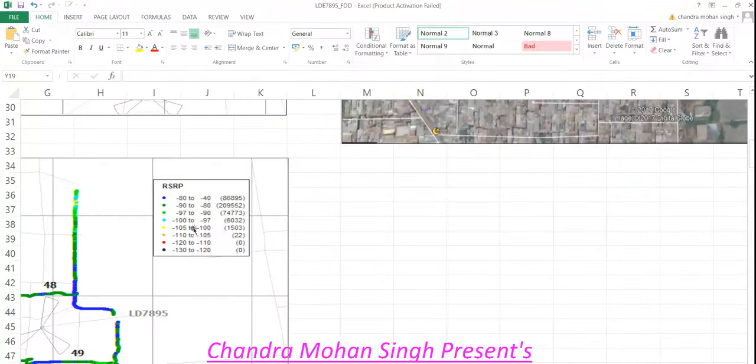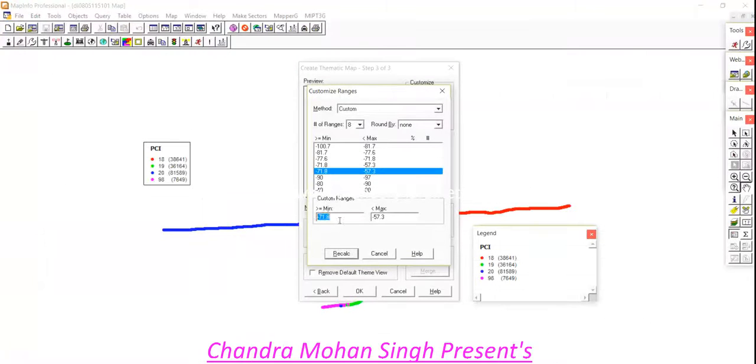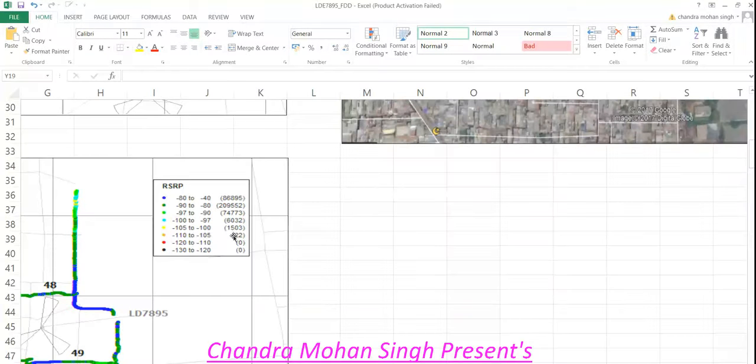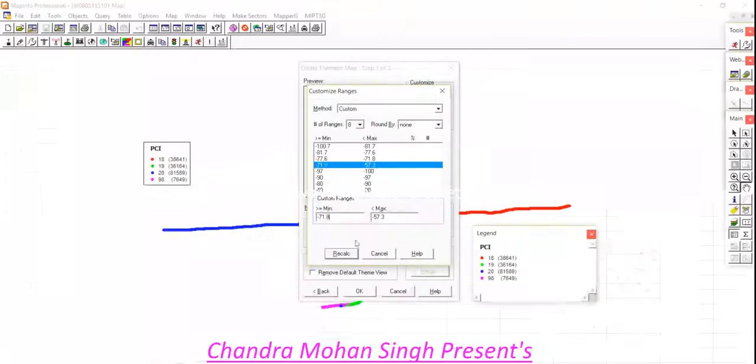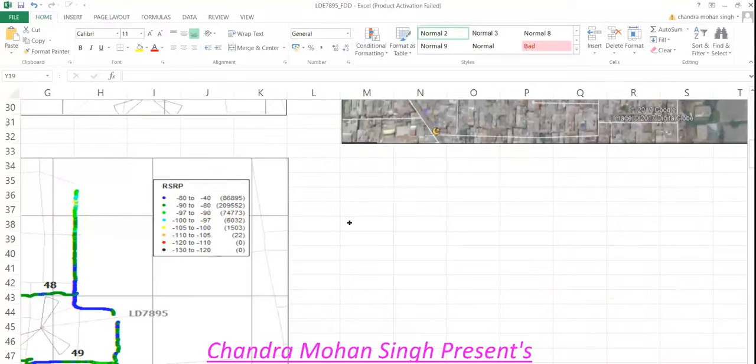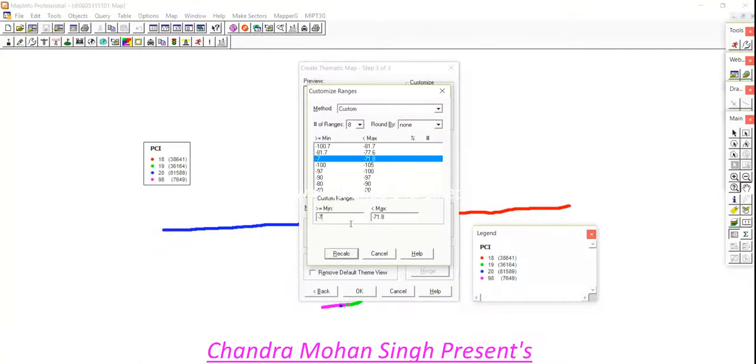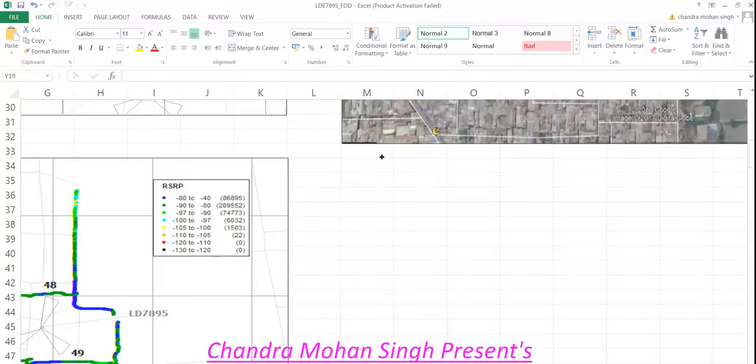Fourth one is -97 to -100. Fifth one is -100 to -105. Sixth one is -105 to -110. Seventh is -110 to -120.